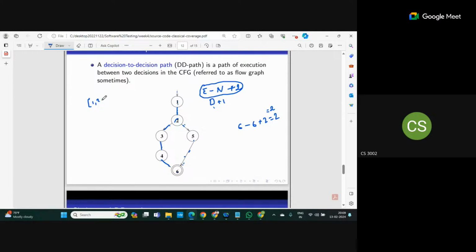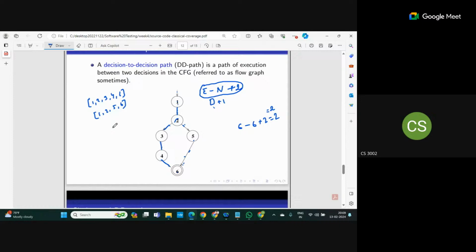So it is 1 2 3 4 6. Another is 1 2 5 6. So these two are my test requirements. I need to create the test cases in a way so that I can cover these two paths, right? So this is what we do in